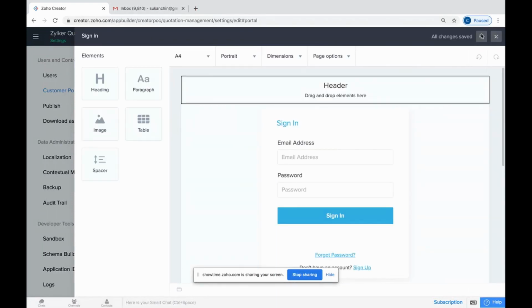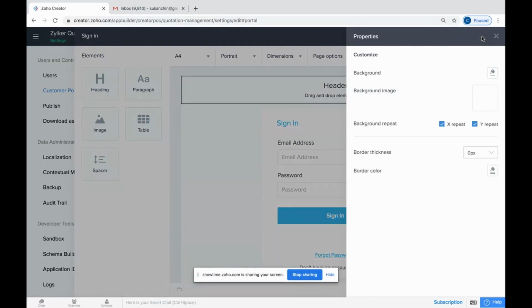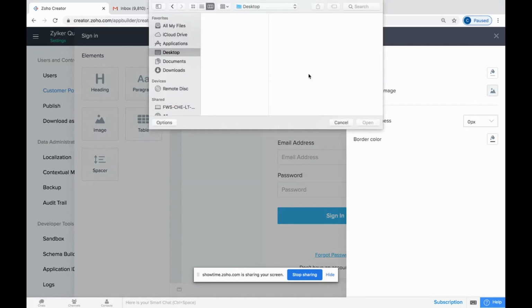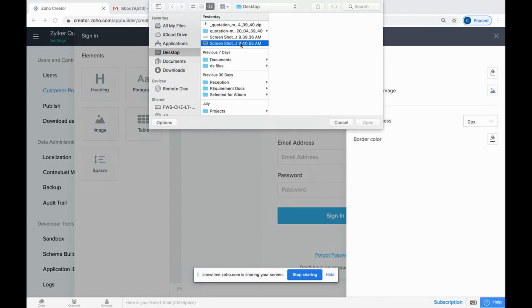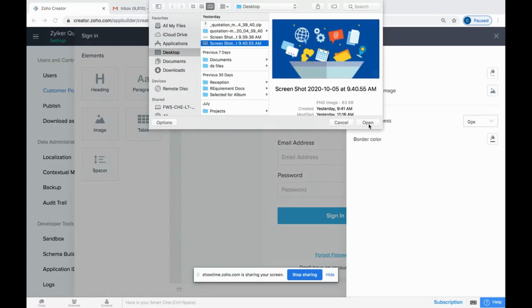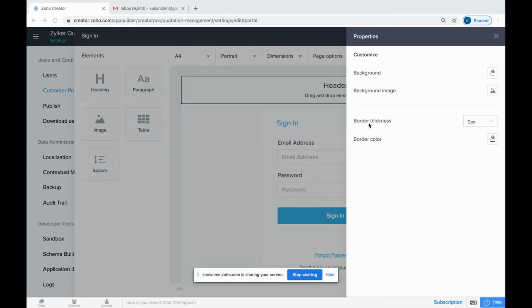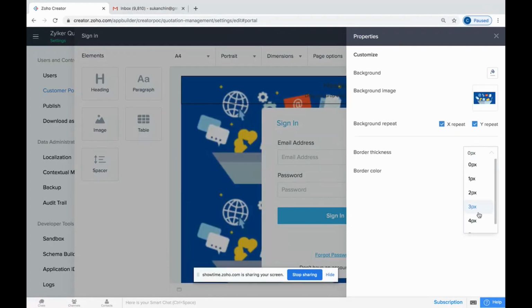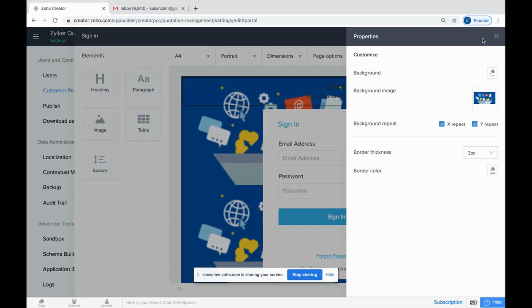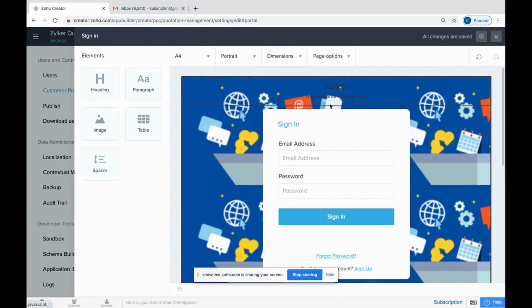Here we have something called settings. You can click on this settings. This background image, you will be able to add it. Let me select a background image. You can either select it from the desktop, or if you have stored it somewhere, you will be able to bring it in. So I've just added a background image. Any border thickness, if you want to give, you can give it here. So all the customization is possible. And any logos or headers you want to add, you'll be able to add them here, and you can save it.